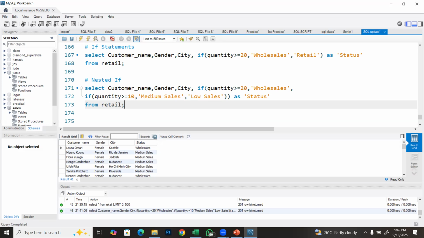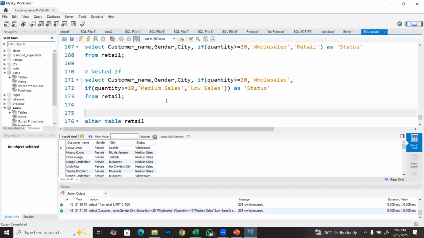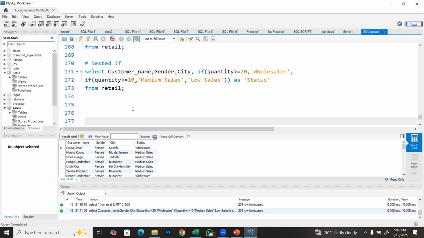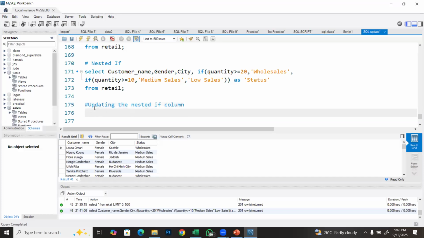All right. So let's move forward. Now let me update that nested if now. So how do we now update? Updating the nested if column. For us to do that, we are just going to say update, the same way we update our table retail,